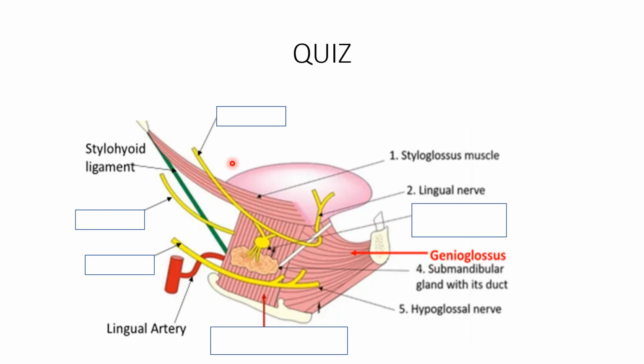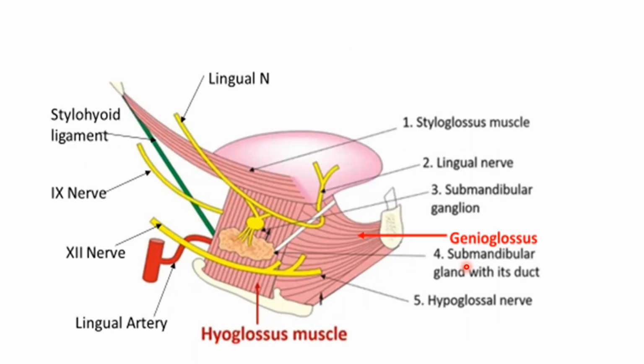So what are these structures over here? This nerve, which is superior to the deep part of the submandibular gland, is connected through anterior and posterior roots to the ganglion. So obviously this will be the submandibular ganglion, and this will be the lingual nerve. Try to think what this nerve is, which is related to the posterior border of the hyoglossus muscle. This is the hyoglossus, I've just told you, and which is this nerve coming in relation superficial to the hyoglossus and just inferior to the deep part? This is your answer: the lingual nerve, glossopharyngeal nerve, hypoglossal nerve, hyoglossus muscle, and the submandibular ganglion.